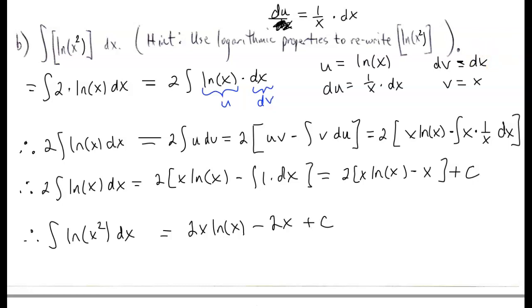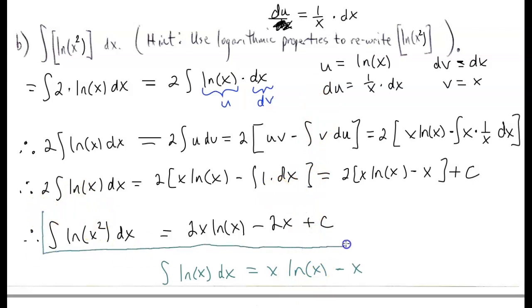And one of the things we should glean from this, that will be very useful later, is that the antiderivative of natural log of x is x times natural log of x minus x. Okay. You'll see this at times in the future, especially if you are taking higher math courses, so this is a good one to remember. And if you can remember this, then you'll obviate the need to go through integration by parts to do it. But this would be the answer to this particular